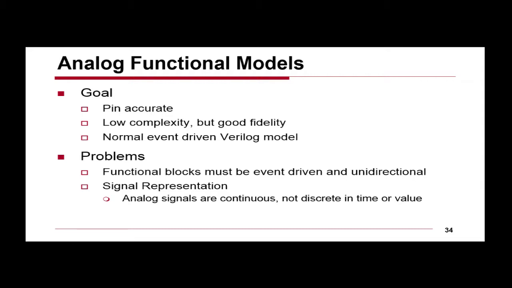Now, it's also true when you have these analog correction loops. The problem is it can take thousands or tens of thousands of cycles for the correction loop to actually lock. And so you need to run long times to make sure that your correction loops don't have weird interactions. Even though your system is working at a gigahertz, you may have to simulate very long periods of time to make sure the analog corrections work. OK, so you need fast. OK, so our problems are the functional models must be event-driven and unidirectional. And we have to represent, in this event-driven framework, signals that are continuous. So how do we do that?